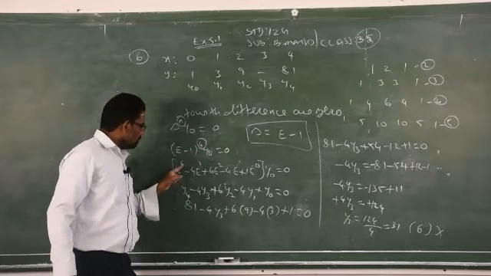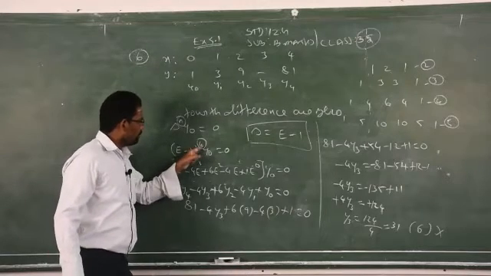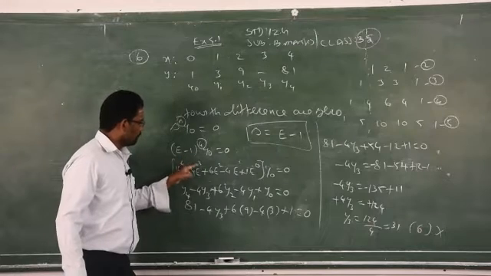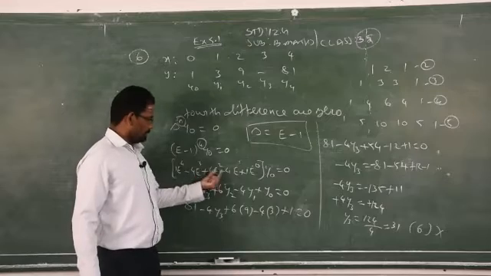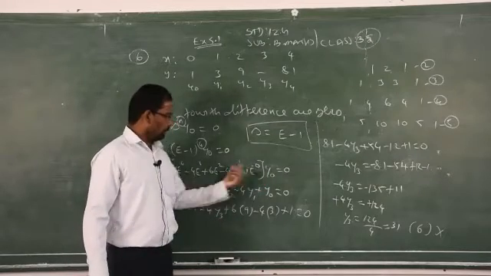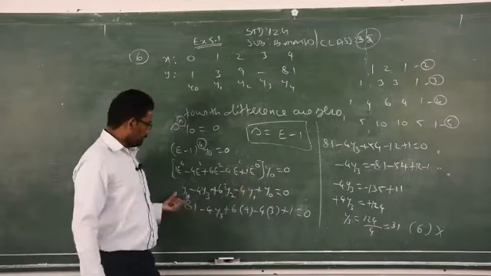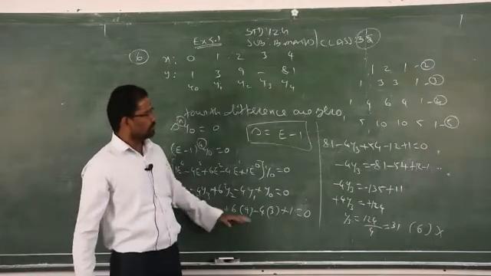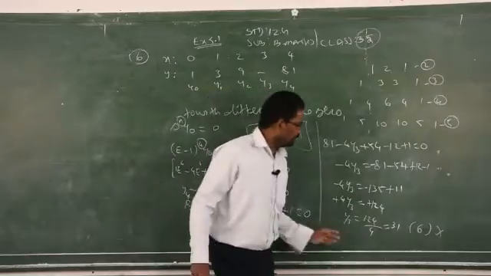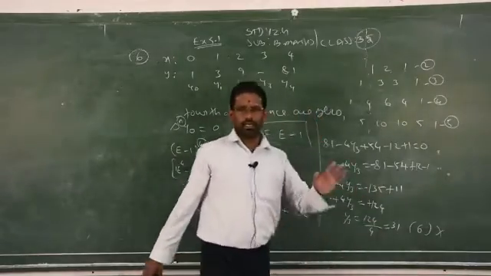Then you have to see the expansion. If it is power 4, you have to check the power 4, 3, 2, 1, 0. Then you have to check the sign: plus, minus, plus, minus, plus. Then you have to take y naught. After taking y naught inside that bracket, you have to check whether it is correct or wrong. Then you have to substitute the values and check everything. If you go on checking only in the last step, you never get the answer.